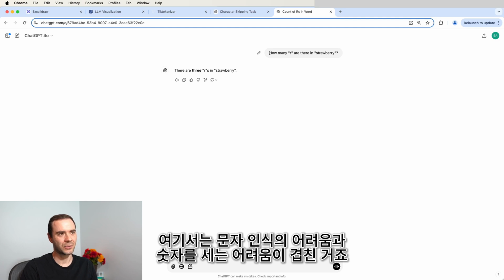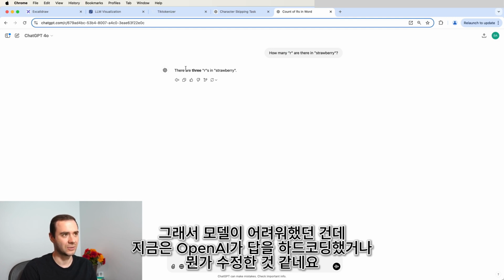And so here we are combining the difficulty of seeing the characters with the difficulty of counting. And that's why the models struggled with this, even though I think by now, honestly, I think OpenAI may have hard-coded the answer here, or I'm not sure what they did, but this specific query now works. So